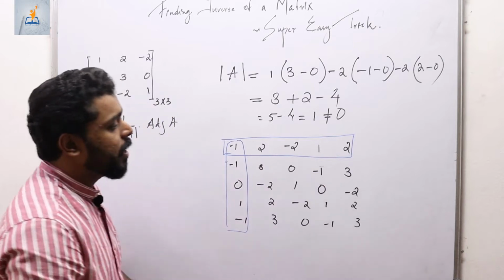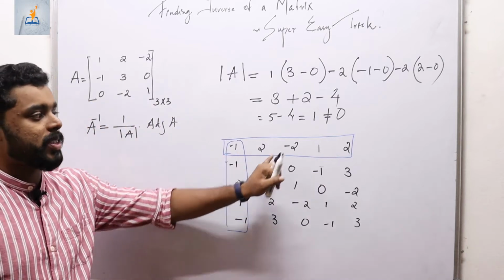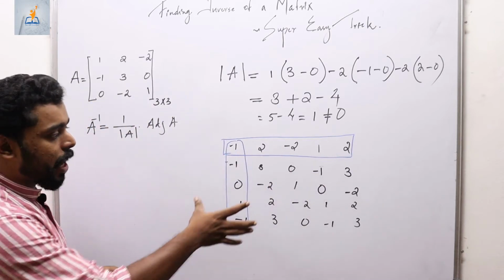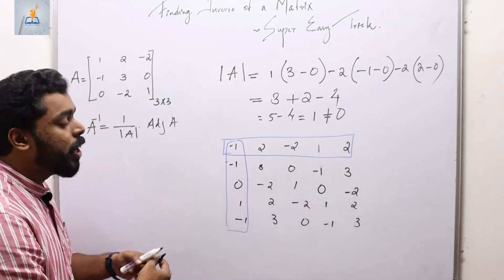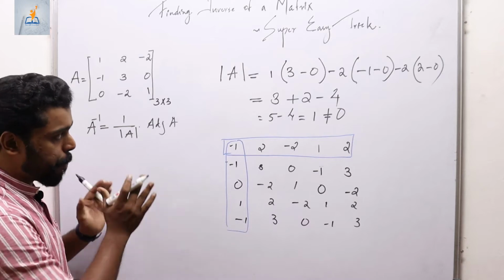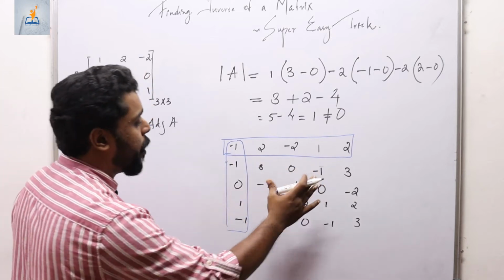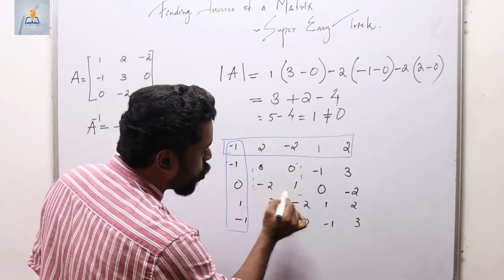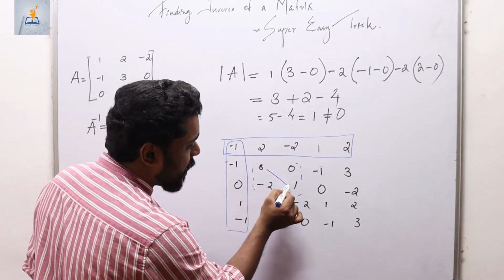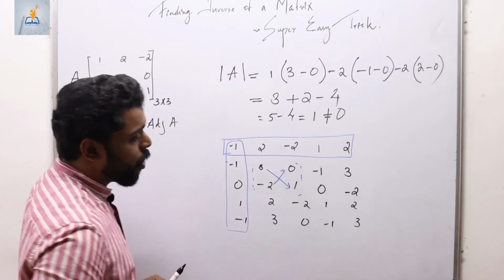I just deleted the first column as well as the first row. Now I have a smaller 4 by 4 number table like this, and I am going to derive the adjoint of the original matrix from this table. As you can see, we can have a smaller 2 by 2 matrix over here, and we can easily find the determinant of that matrix.